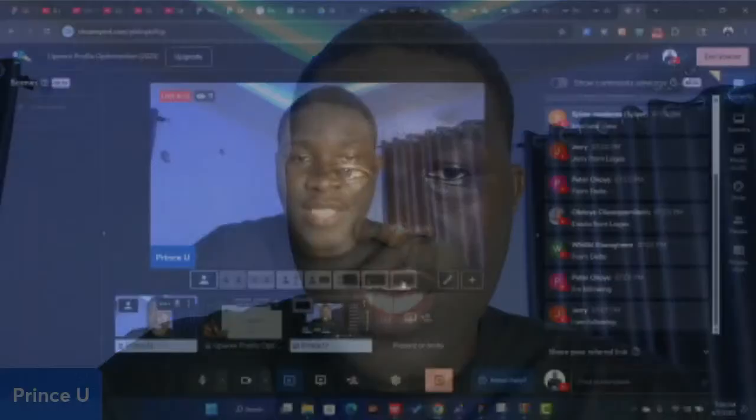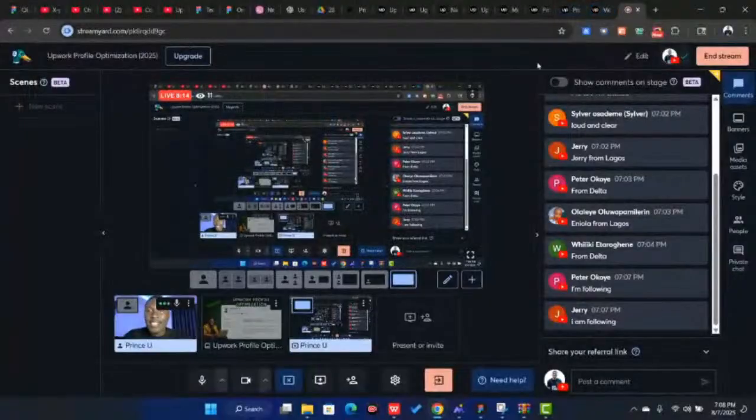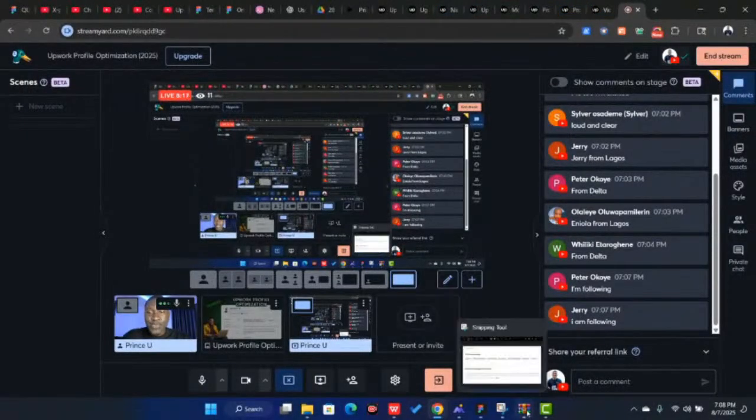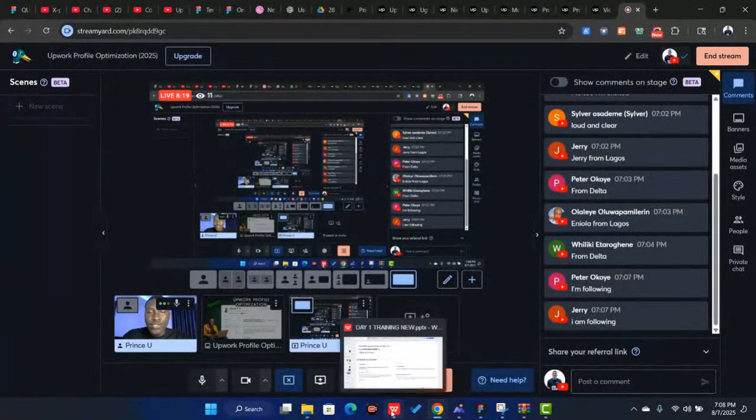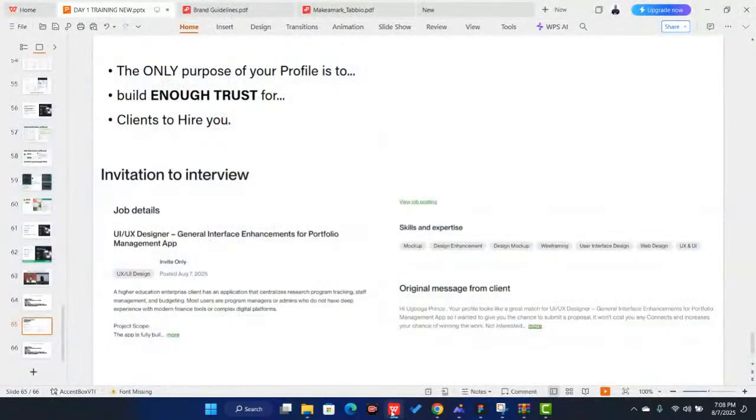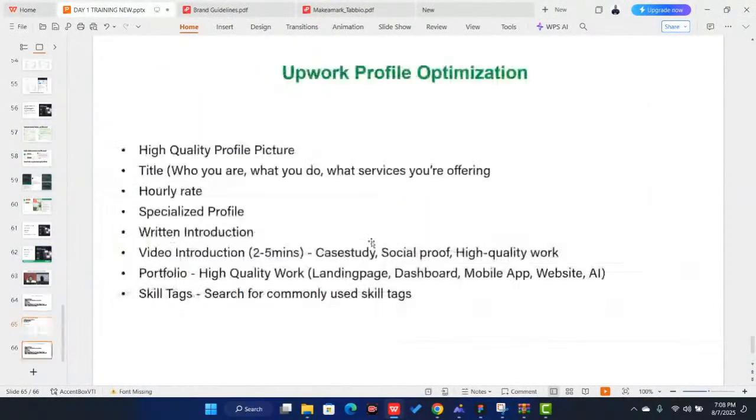So let's get into our class. So these are the things we'll be covering, like I've mentioned. So the first thing you want to take note of is when it comes to profile optimization, you need to use a high quality photo. Some of these things I mentioned in the last class, but I'll be going deeper, right? So pay attention. If I were you, maybe while I'm in the class now, I'll start taking notes, right? Or when you are watching this video later,